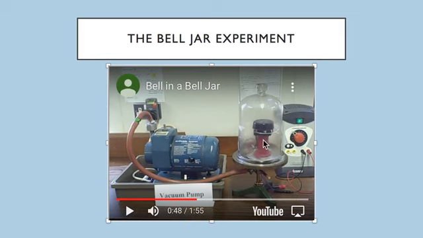So before we move on, we pump the air out and you can hear it get quieter and quieter. And at the moment there's pretty much no air inside here, so this is a vacuum now. And you can see that the sound has got virtually impossible to hear. Let's see what else happens after that.